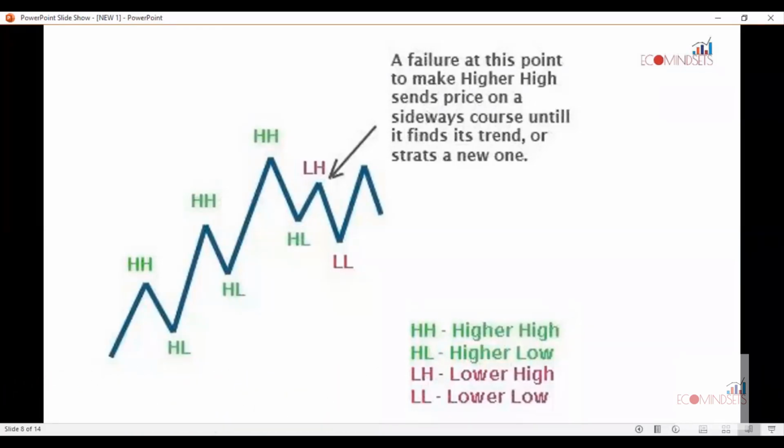You cannot just use one lower high and lower low to confirm that a trend is changing. And then you'll be looking at how you use what we refer to as breakout of trend lines and support and resistance levels to confirm that truly a trend is